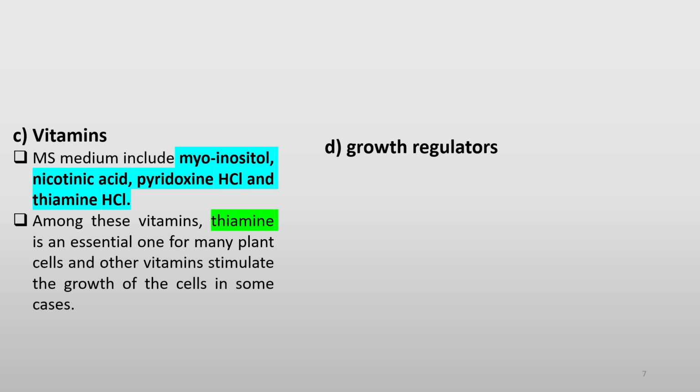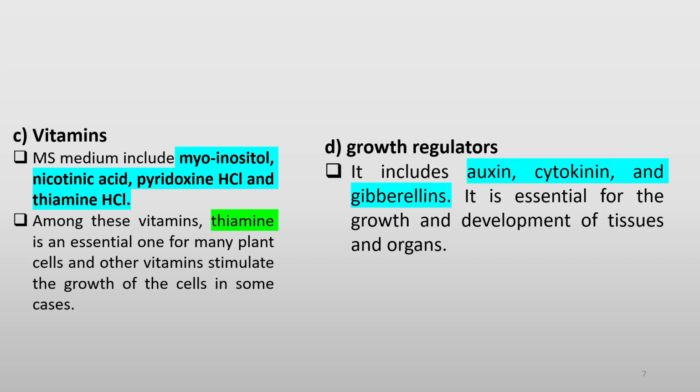The next one is D, growth regulators. It includes auxin, cytokinin and gibberellins. It is essential for the growth and development of tissues and organs. E,